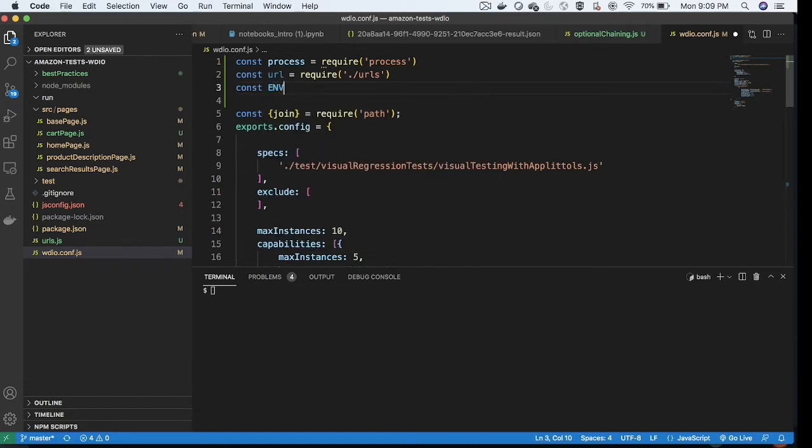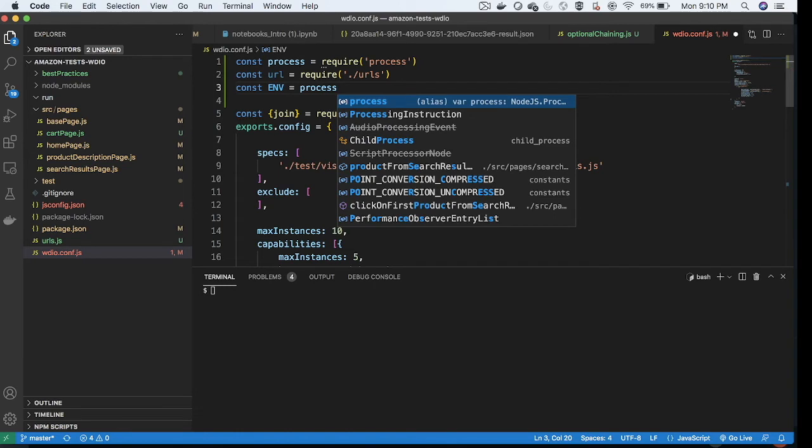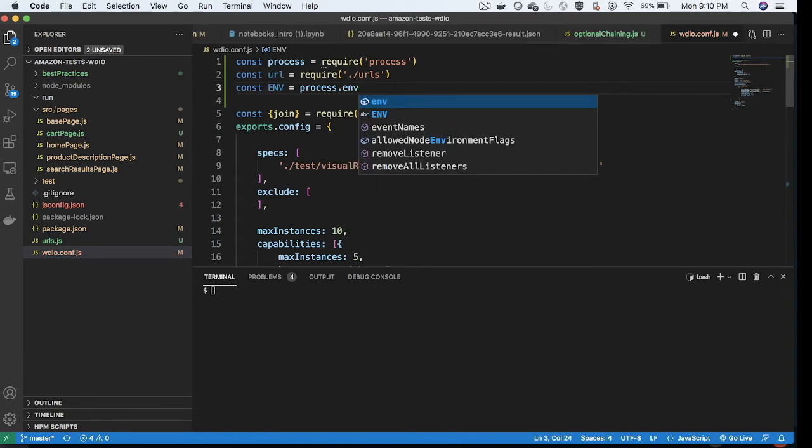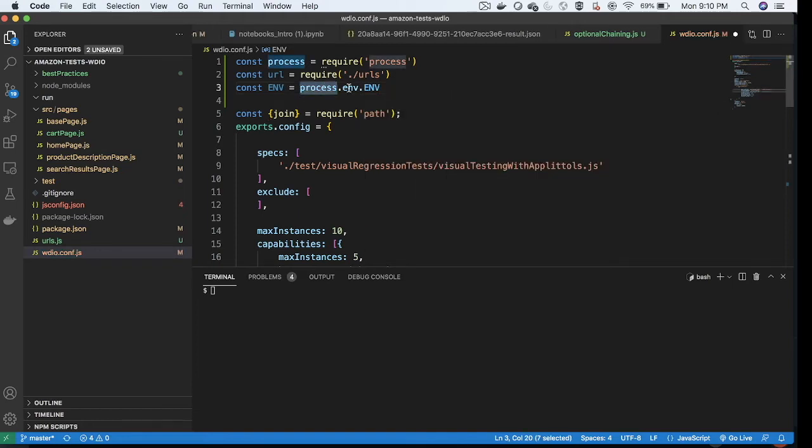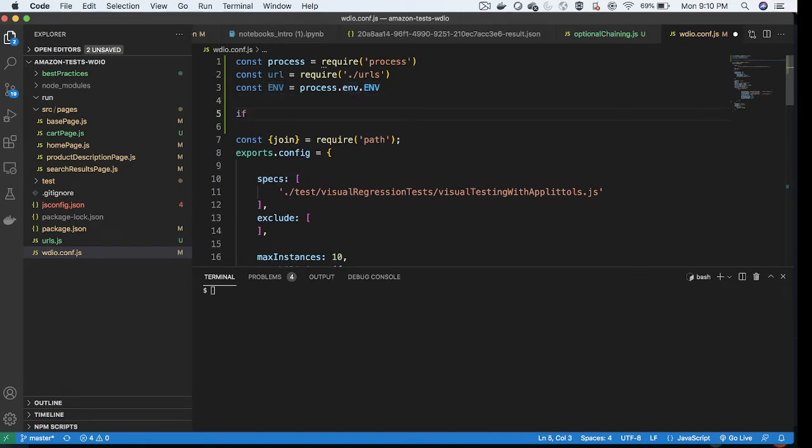Next I'm going to create another variable, that is env. Env is nothing but environment variable. By this I'm going to decide which environment I'm going to operate on. So here I need to use the process variable, correct? Process is a variable which will hold all the details during the runtime, and in that I want env. I want the env variable, and after that I'm putting dot env. So this will provide me an environment variable during the runtime. Whatever environment value I'm going to pass, that will come in